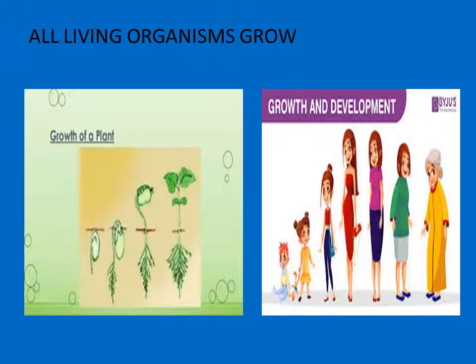Okay, we are first taking the first characteristic of living organisms, and that is growth. So students, all living organisms have the ability to show growth. Growth is not only seen in animals but is also found in plants. Growth is a character that is continuous in the lifespan of a plant. This means plants grow throughout their lifespan but growth is of specific duration in the case of animals. After that, the cells in the animal body mature and differentiate, and the growth period of the animals ends, and they enter into their reproductive stages.